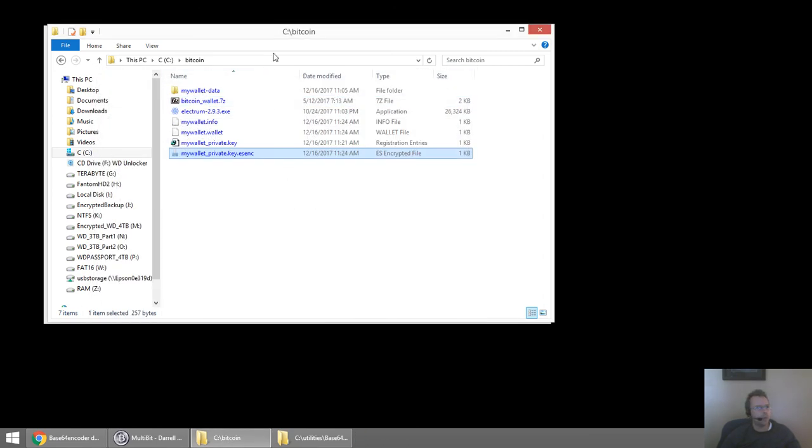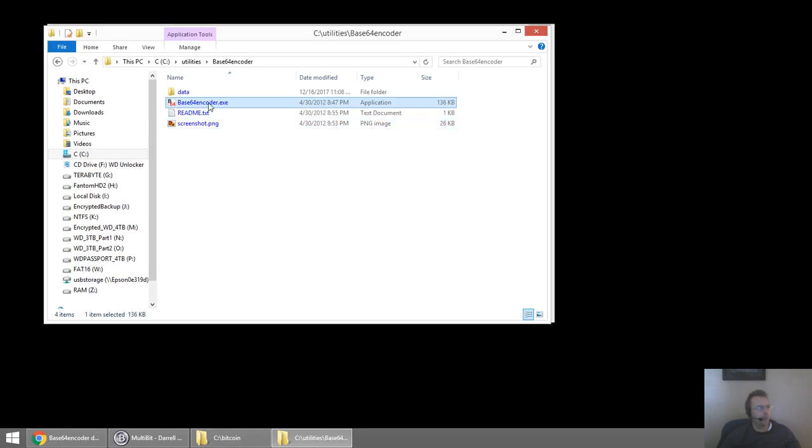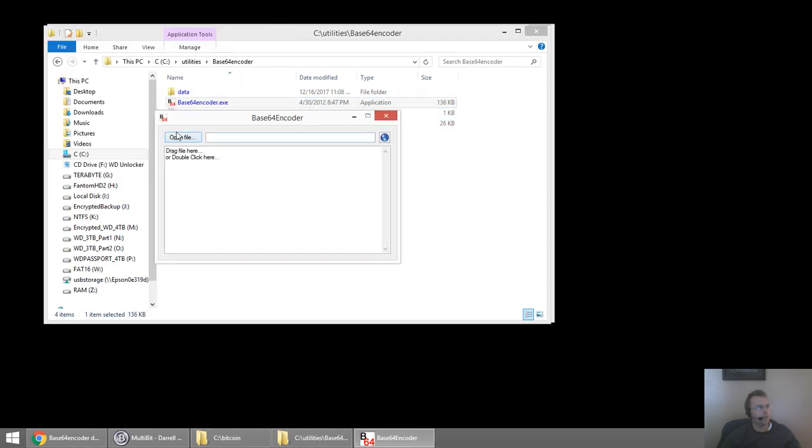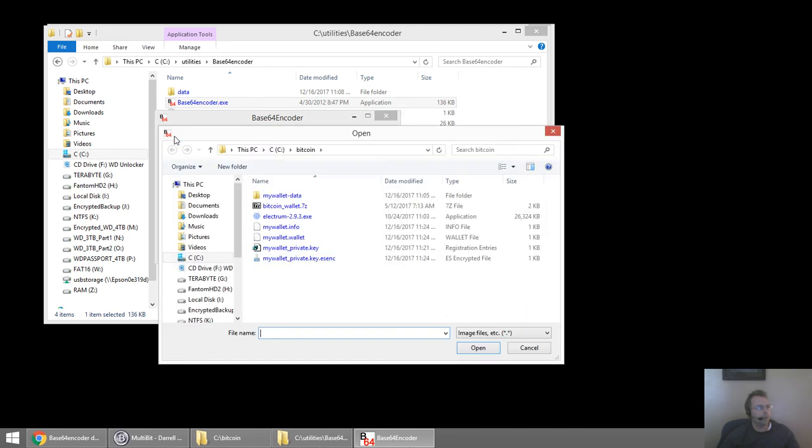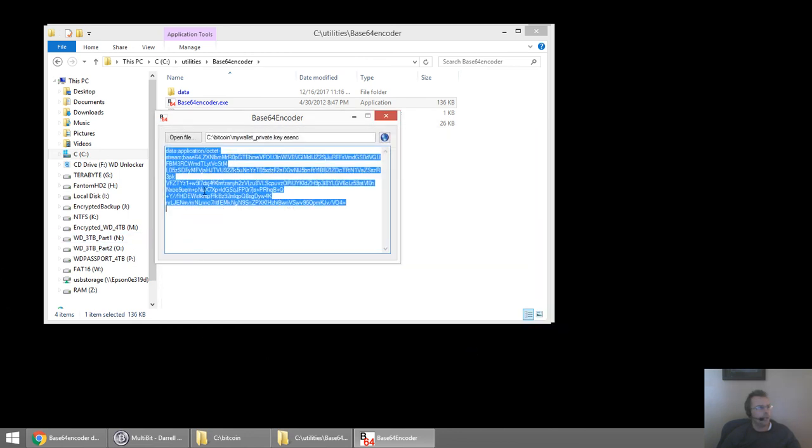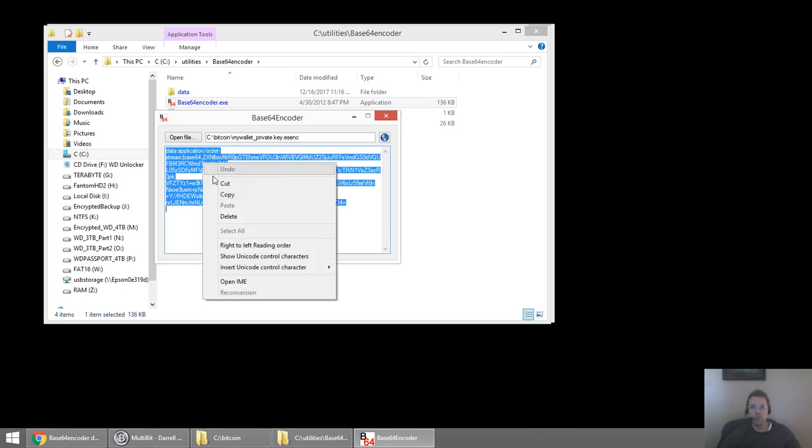So what we do is we flip back to the base64 encoder. We start it, and it's asking us for the file. So we open the encrypted file that was just created. And here is the base64 encoded text for that, which you can actually print out. But what we're going to do is copy it,